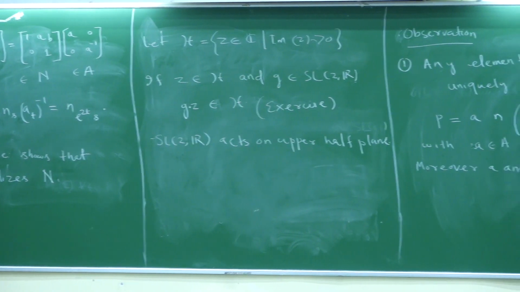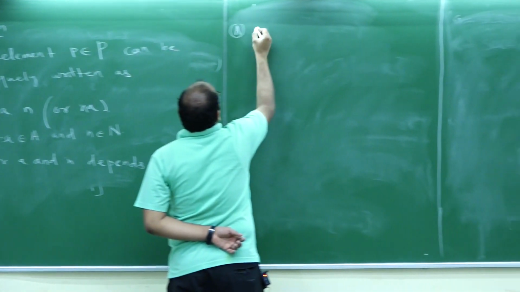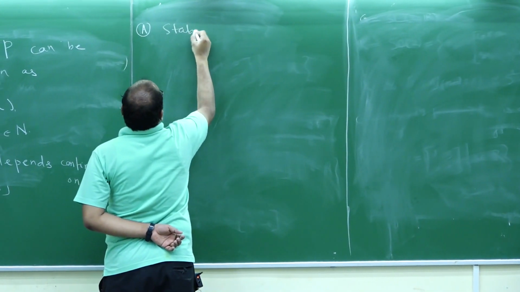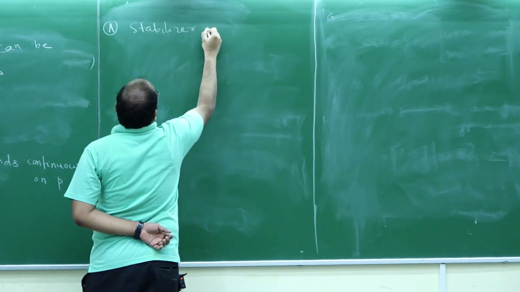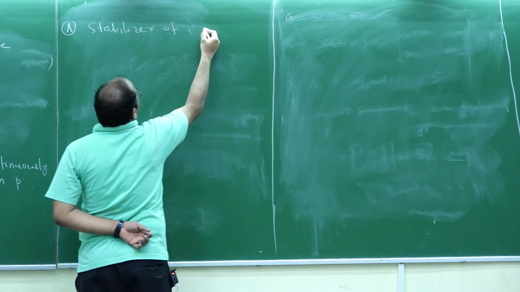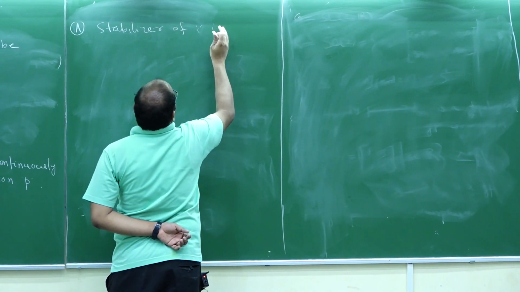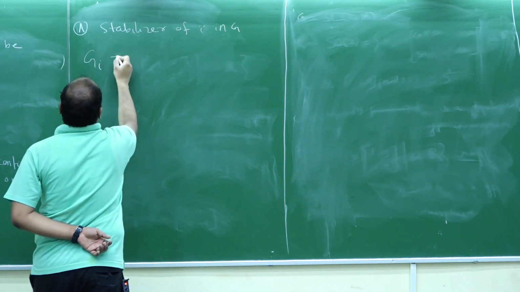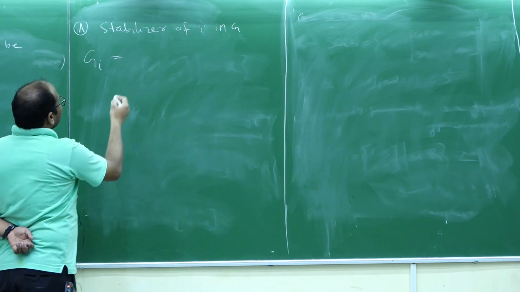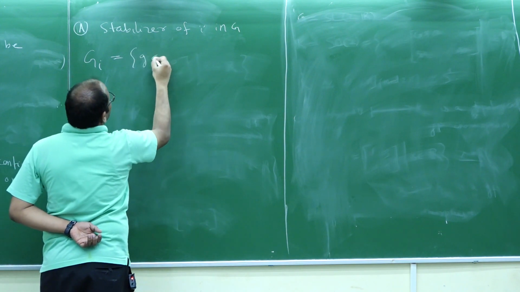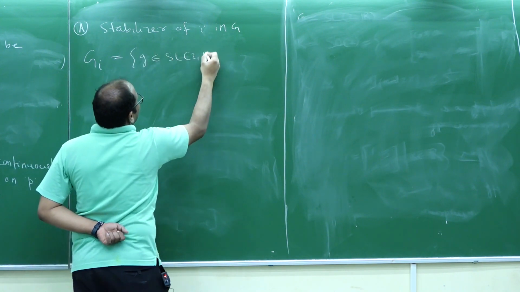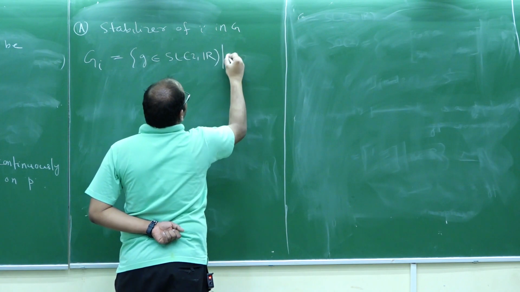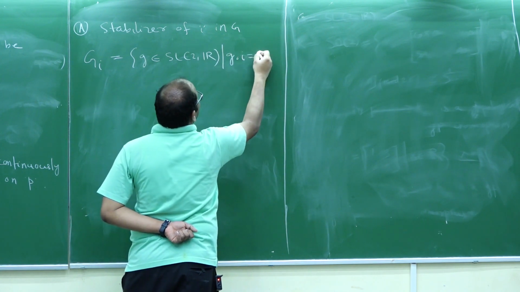I want to stabilize I. So this is G·I. What is G·I? By definition, G belongs to the set, so that G·I is